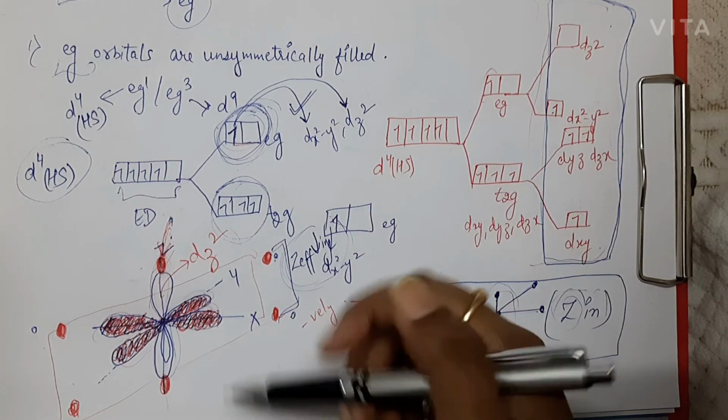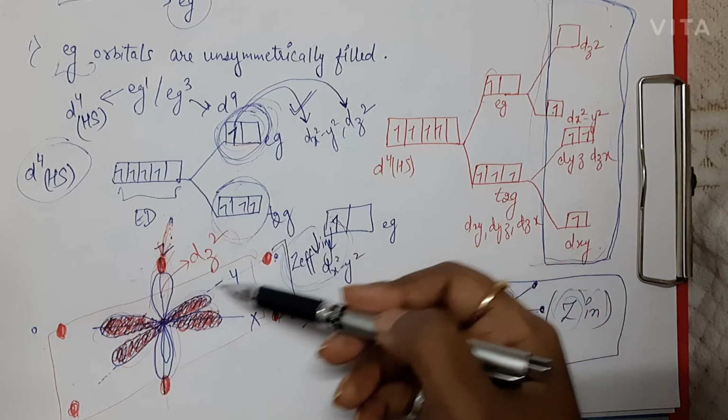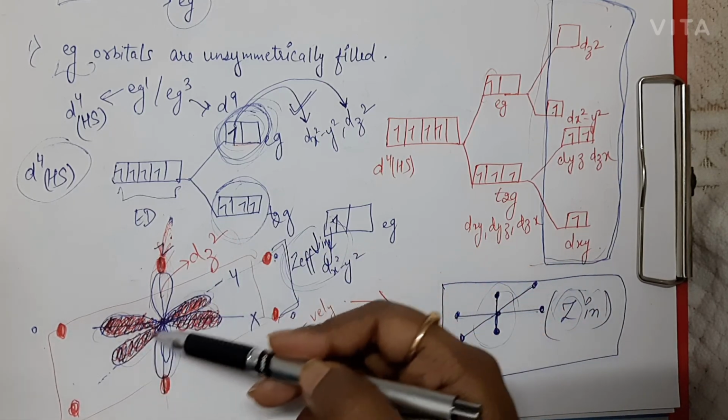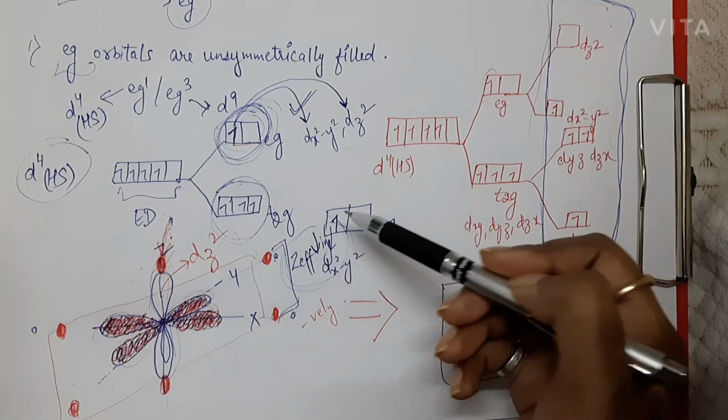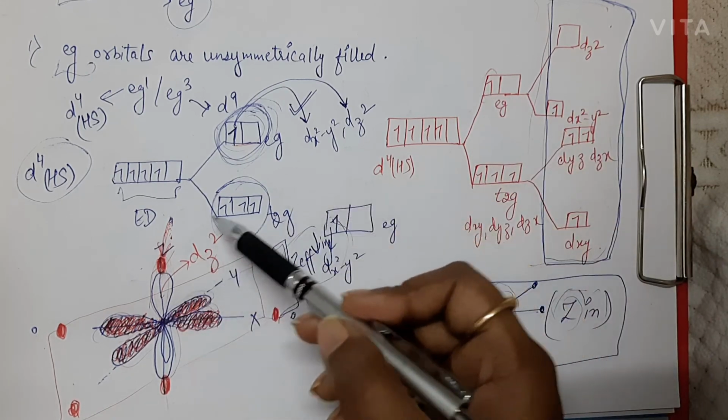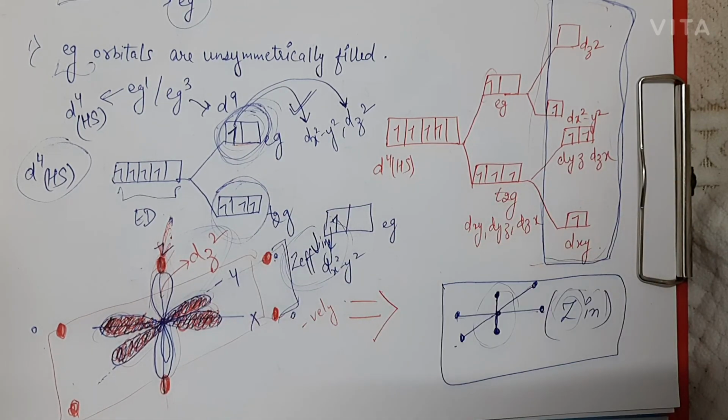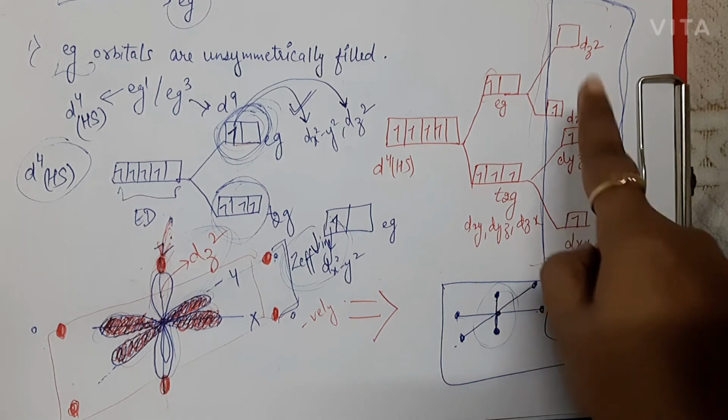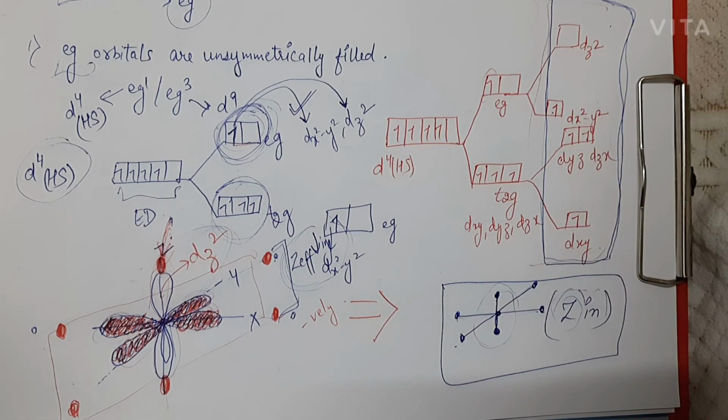Ligands are approaching along the x and y axis, and the electron cloud is also along the x and y axis, so Z effective is going to decrease. And along dz square, Z effective increases. So that is the main reason behind this splitting which we observe. Z effective is the main reason behind this splitting. So I hope I have cleared your doubts regarding Z in, and if this part is clear to you, then it will be easier for you to study Z out.